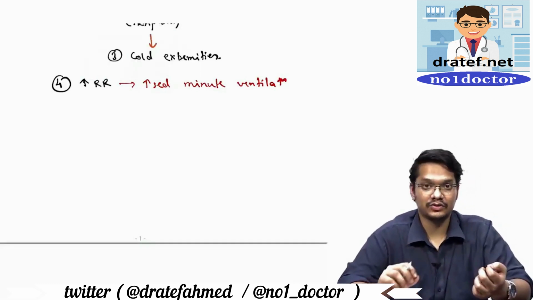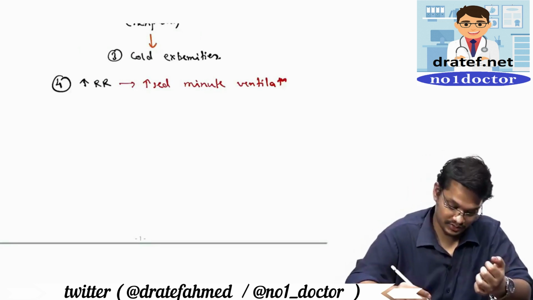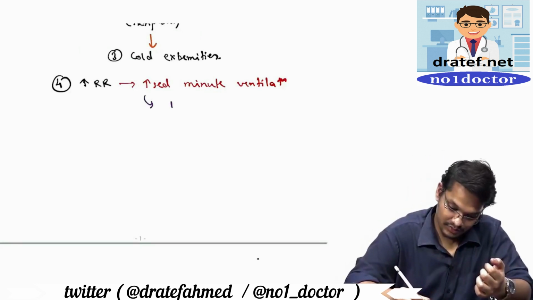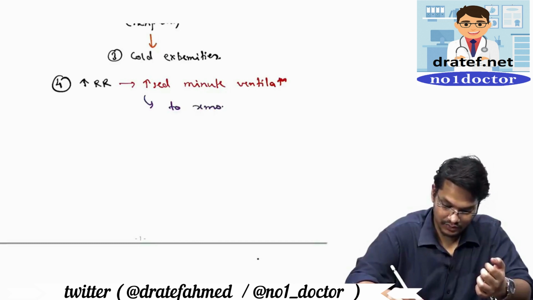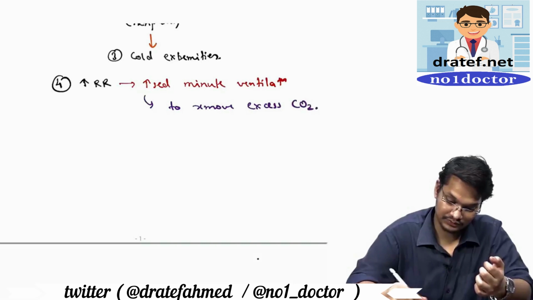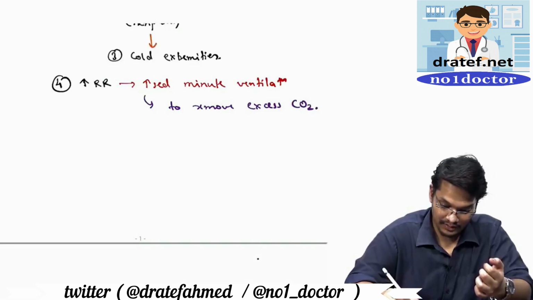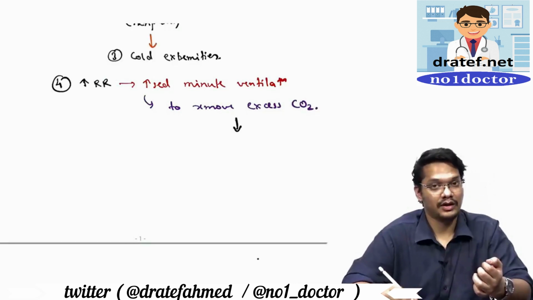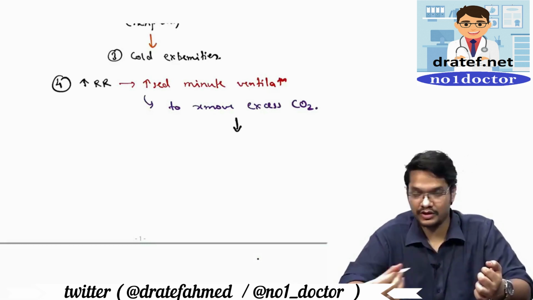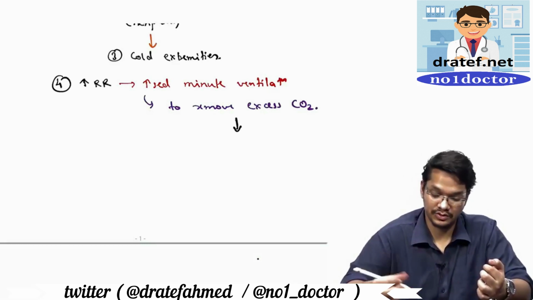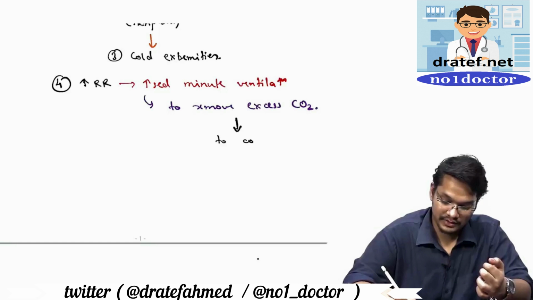This occurs so that an increased amount of CO2 can be washed out from the body, to remove excess CO2. And why does the body need to wash out more CO2? To counteract